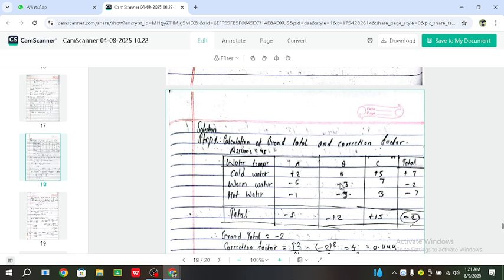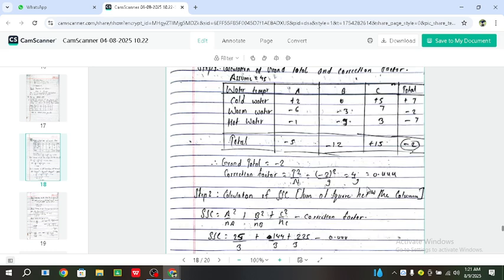This is square, this is square, this is square, like this. I mean to say that summation of C how much? Minus 5. Yes, summation of B how much? This much. Summation of C how much? This much. That means this whole square is A square, that is 25, and this 12 whole square B for